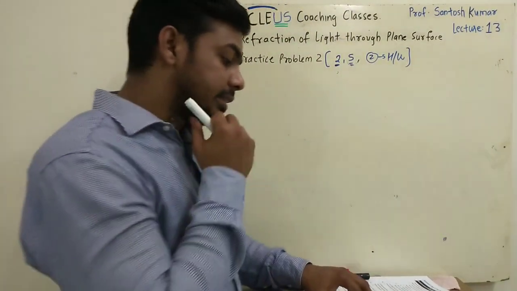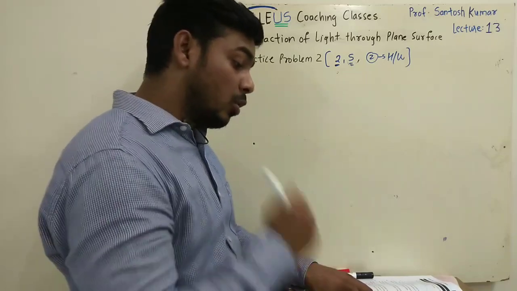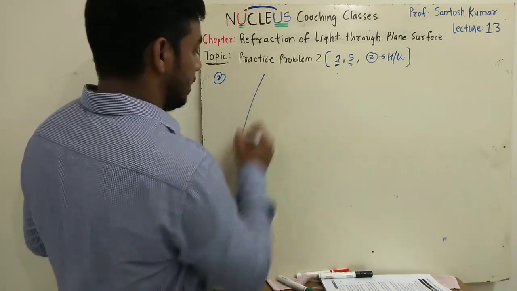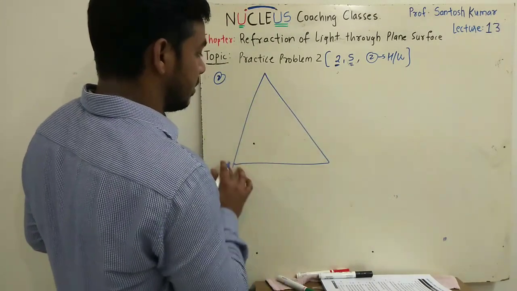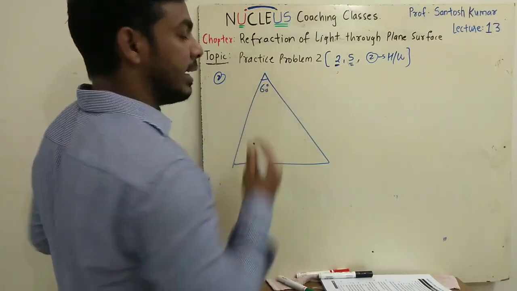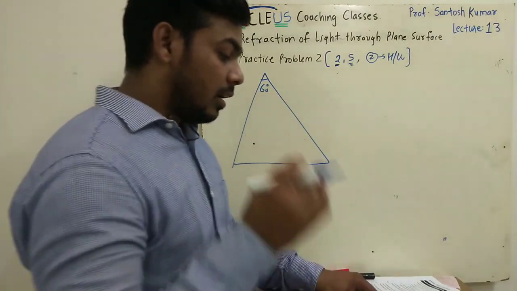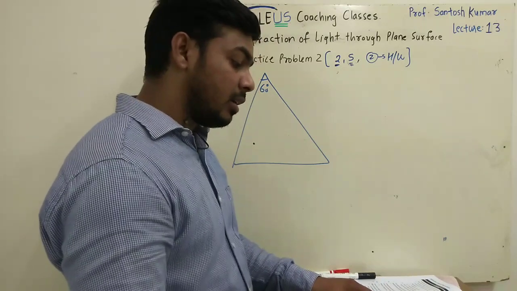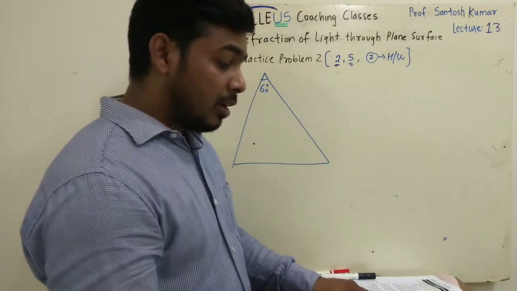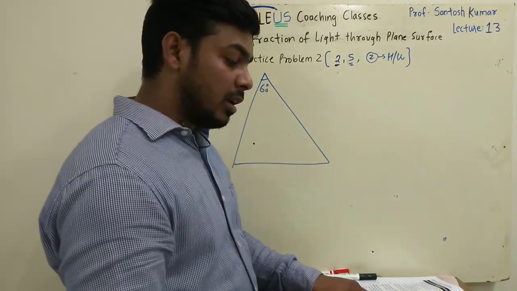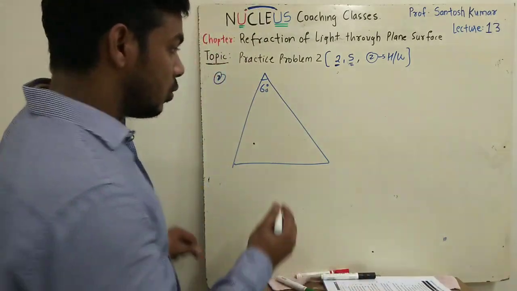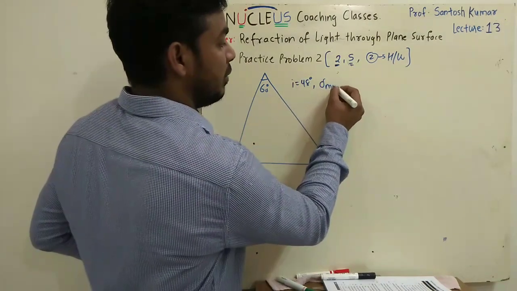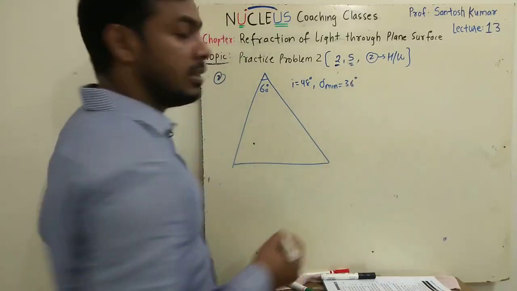So this question states that a light ray of yellow color is incident on an equilateral glass prism. Since it is an equilateral glass prism, the prism angle you have to take as 60 degree, and a light ray of yellow color is incident on an equilateral glass prism at an angle equal to 48 degree, which suffers the minimum deviation by an angle 36 degree. So here the angle of incidence value has been given 48 degree and minimum deviation has been given 36 degree.